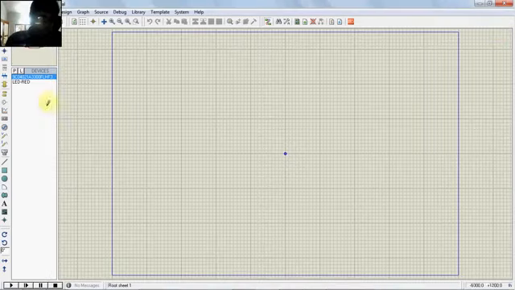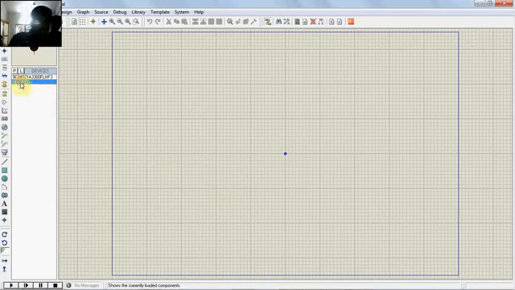First of all, I will place the LED here. Just click on that LED, and you can change the orientation of this LED by rotating it here. Okay, now I will place it. Just select it and take your mouse into the sheet, and then press once. Now you can see that LED. After that I can place it wherever I need. Okay, I am placing it here, and just press once more. Okay, it is placed now.